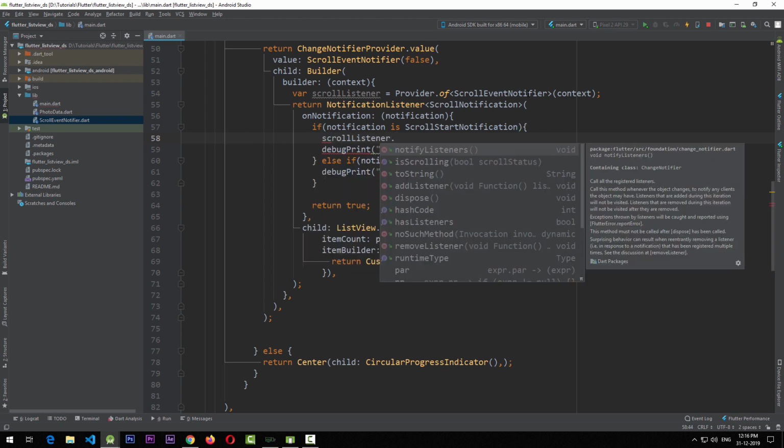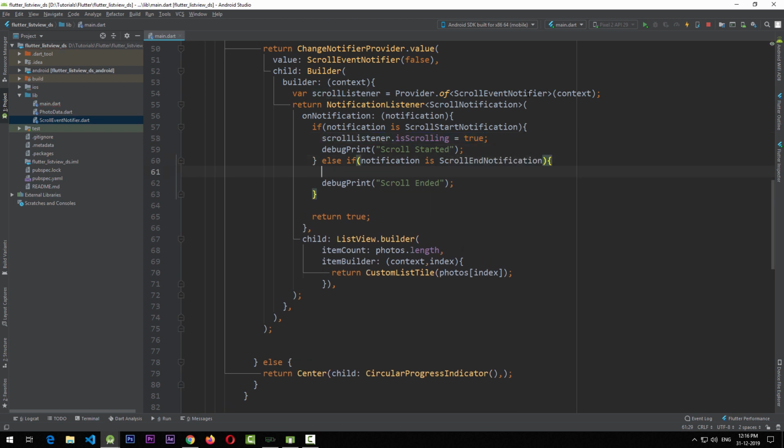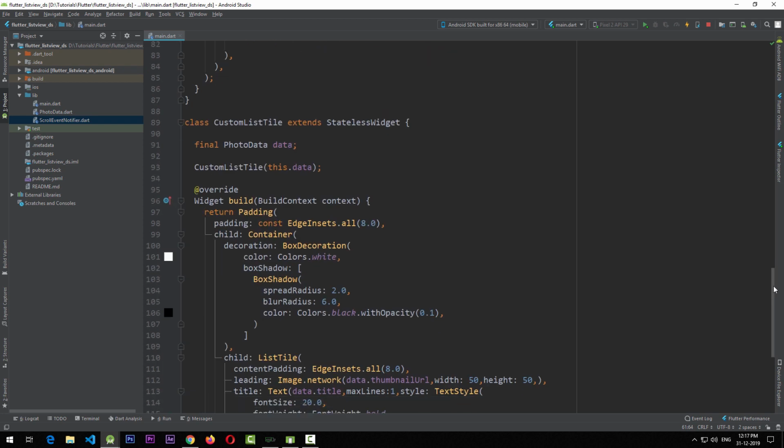I'm going to set the is scrolling state to true when the scrolling starts, and to false when the scrolling ends. So basically at this point I'm able to set the scroll event notifier to its desired state. That is, when the scroll starts, it's set to is scrolling, and when the scroll stops, is scrolling is set to false. So the next thing that we need to do is pass this information down